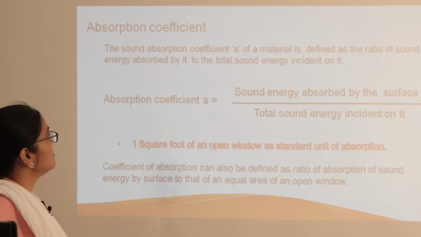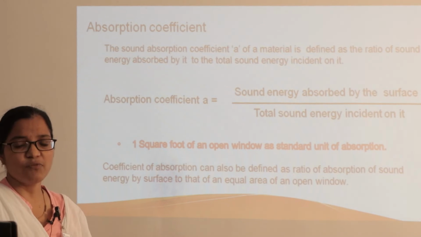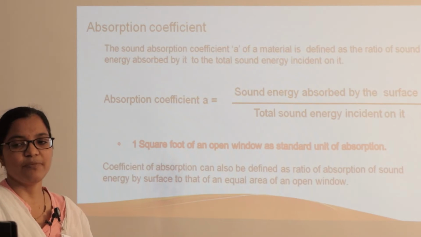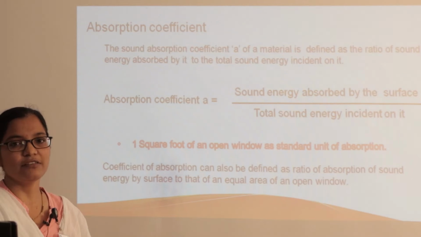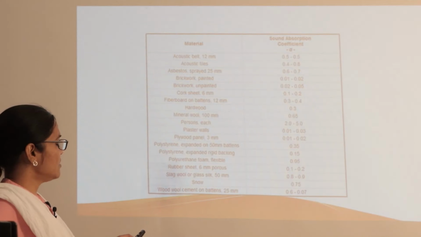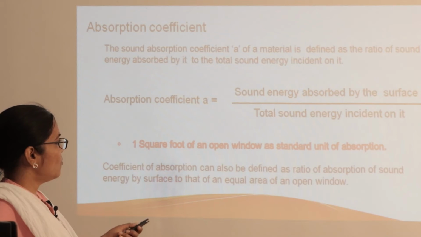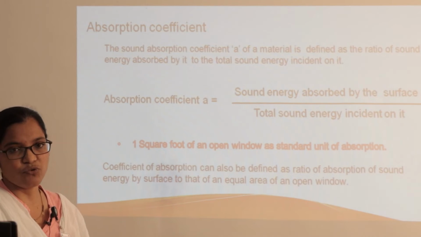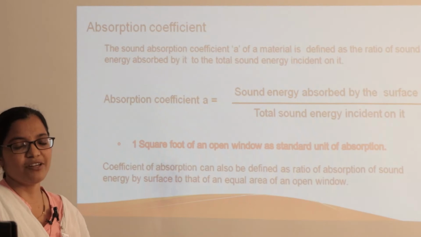Then we should have knowledge of the absorption coefficient. Absorption coefficient is nothing but how much energy is absorbed by a particular surface relative to the total energy incident on that surface. There is one special unit designed for this, which is the open window. This is one of the standard units of absorption. So why is it an open window? Because whatever is the incident